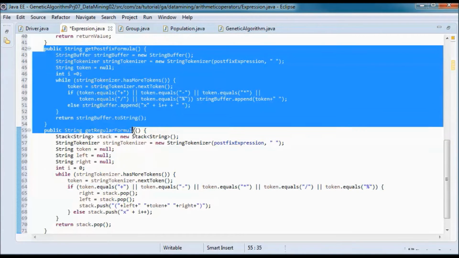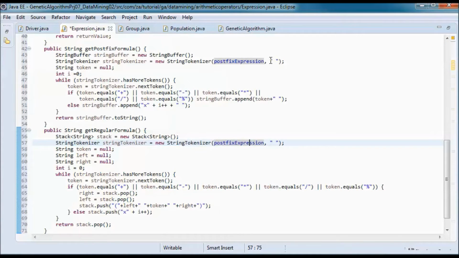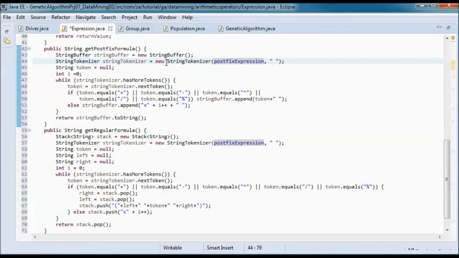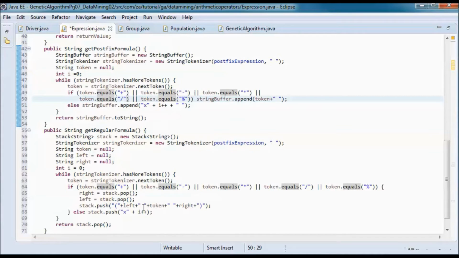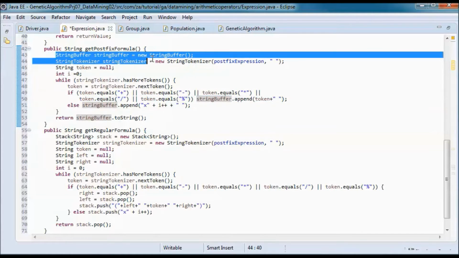So in both those 2 methods, we will use space to pick up the tokens in the postfix expression, and I will use a while loop to go through the tokens, and if that token is an arithmetic operator, then I will append that token, that operator, plus space to the string buffer that we defined over here.